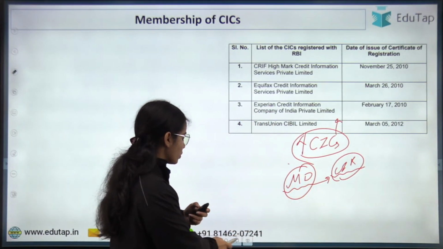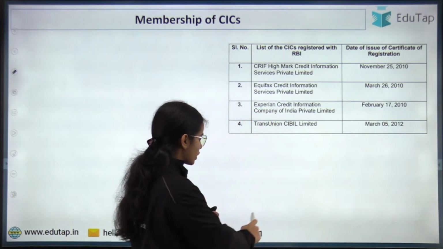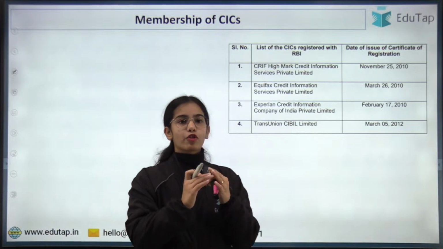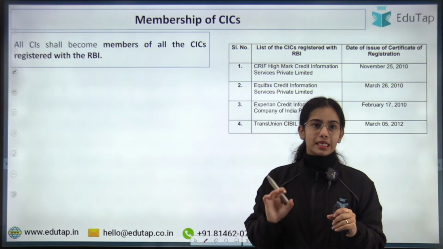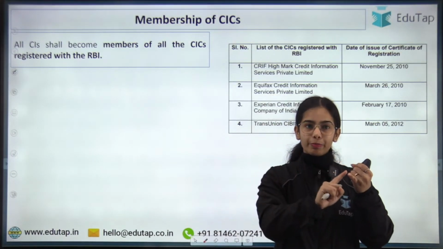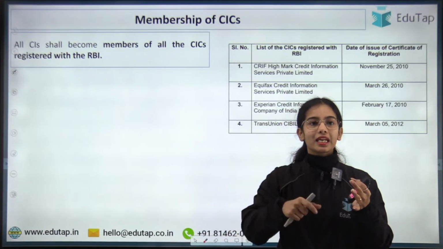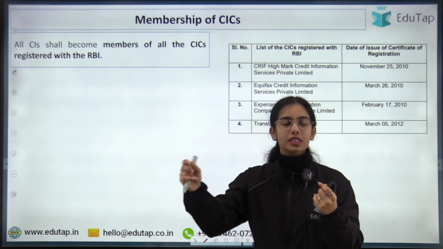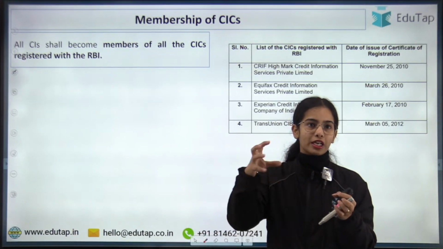Okay. So now, what are the guidelines? We have discussed why the Master Direction has been released, for consolidating the directions and for standardizing the process. There are 4 credit information companies in our country. Now all the credit institutions, let it be banks, NBFCs, or all India financial institutions like the Exim Bank, NABARD. So these are the 5 all India financial institutions.